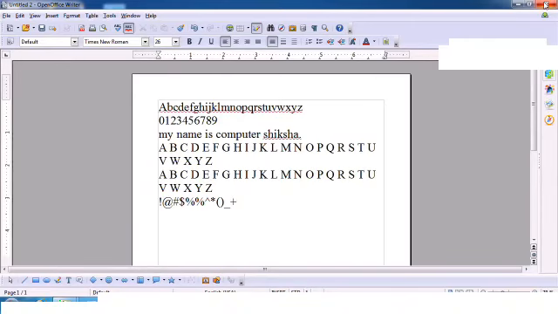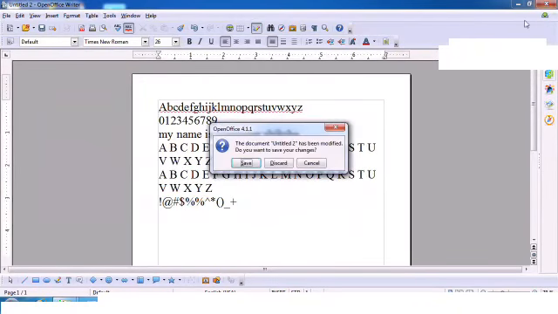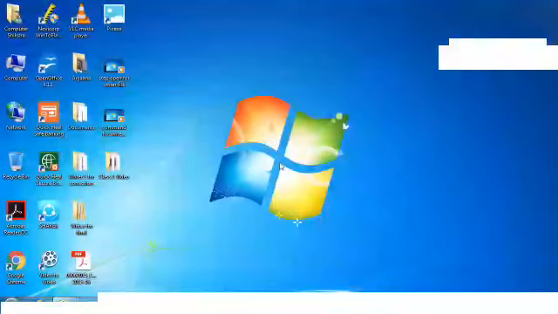A box appears on the screen which shows you three options: save, discard, or cancel. Since we do not want to save this file, you should click on the discard option and your file will get closed without saving.